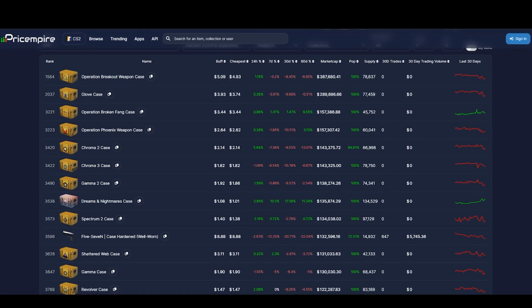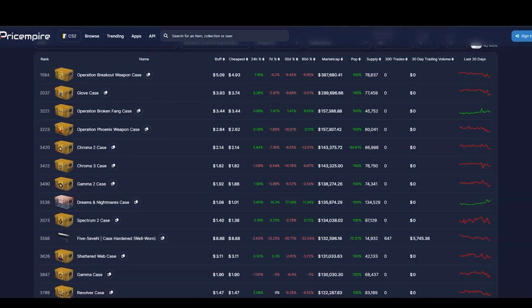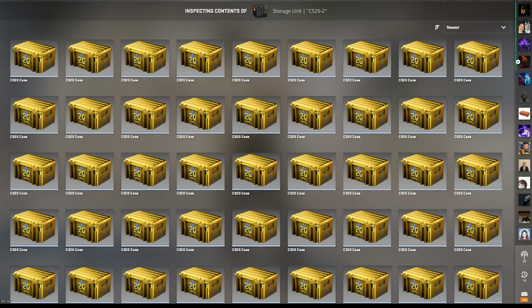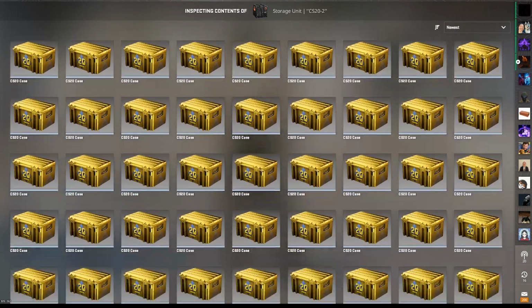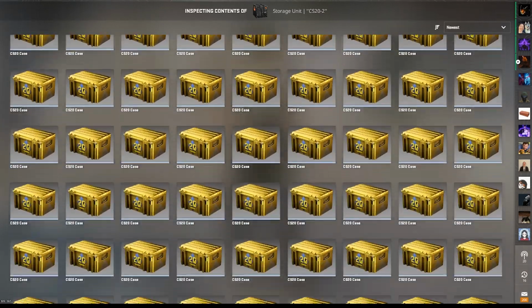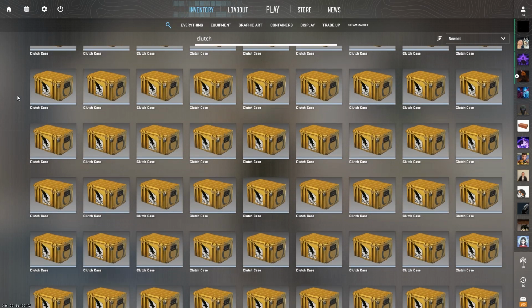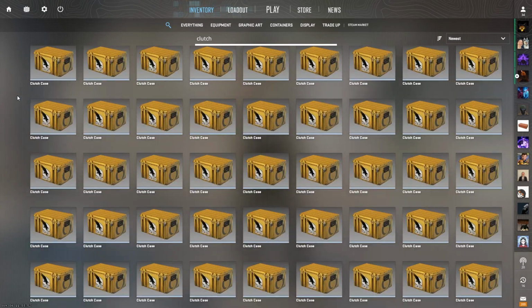Okay, so why are cases performing so differently? Well, I imagine with the Clutch Case and CS20, a big part is obviously supply. CS20 has been out of the active drop pool for a long time, many years, while the Clutch Case wasn't that long ago. It was actually earlier this year in February. So there's still a lot of supply lingering around, which can make it hard to push the price up and